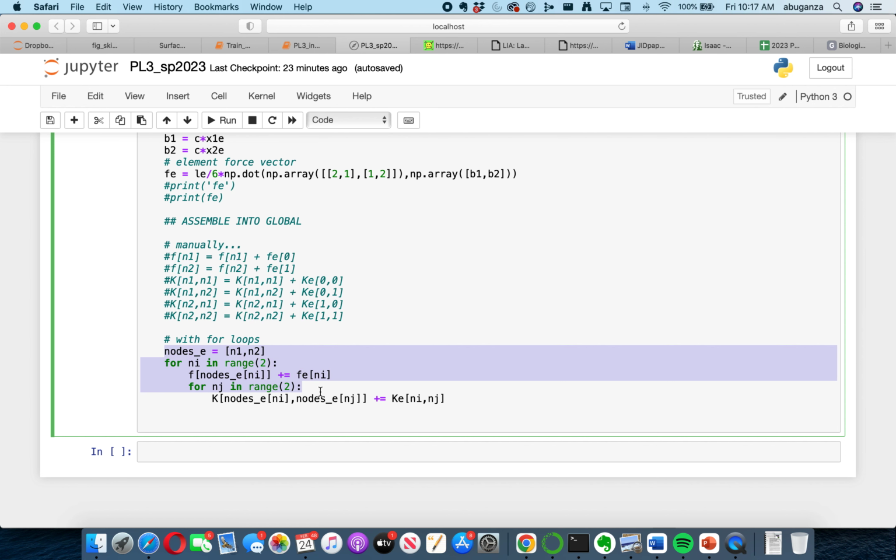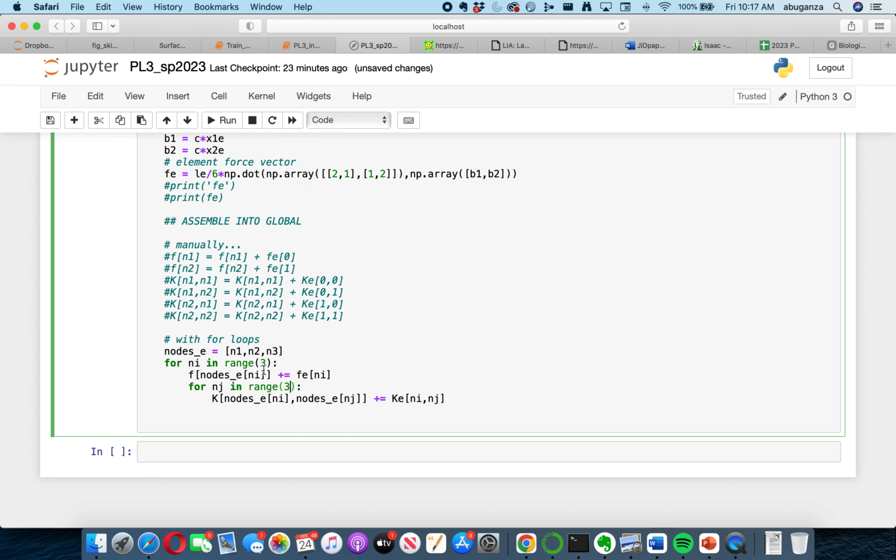Whereas this loop would be exactly the same for the quadratic element. Like this is repeated, because the only thing that would change for a quadratic element is I would have 3, and I would have 3, but the structure of the code would be exactly the